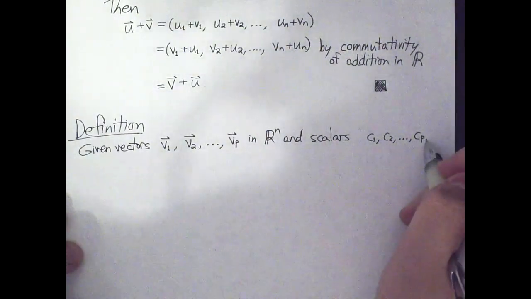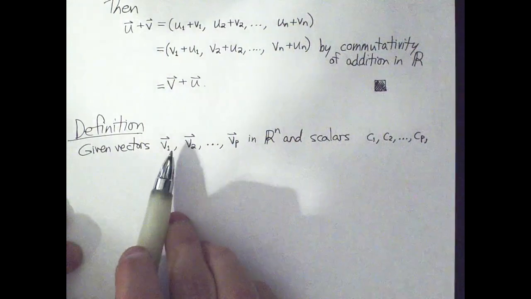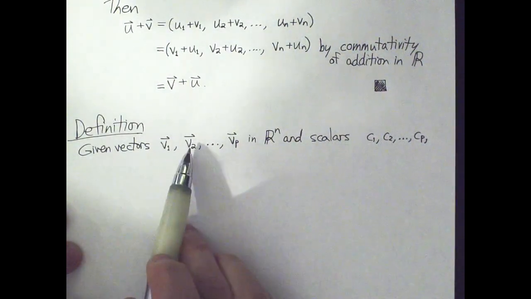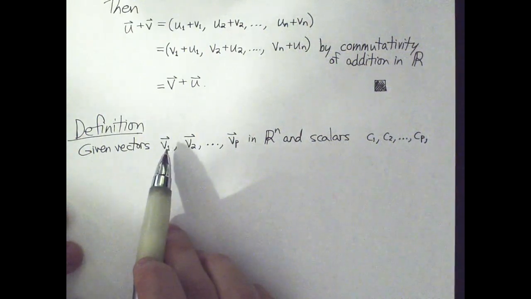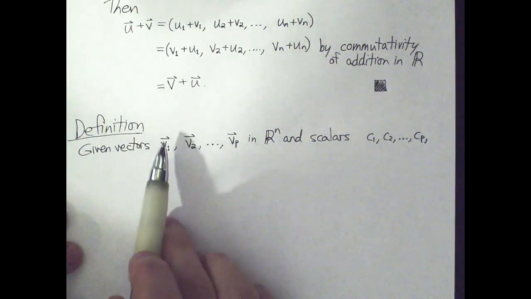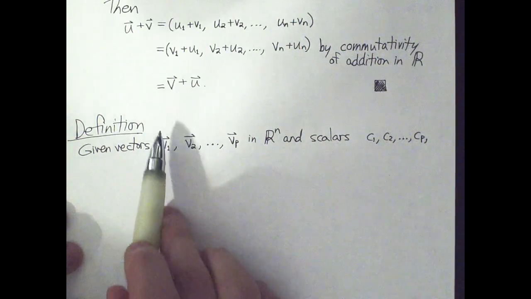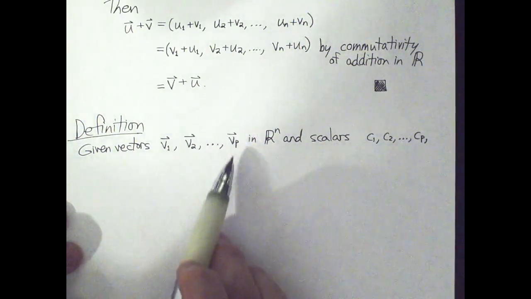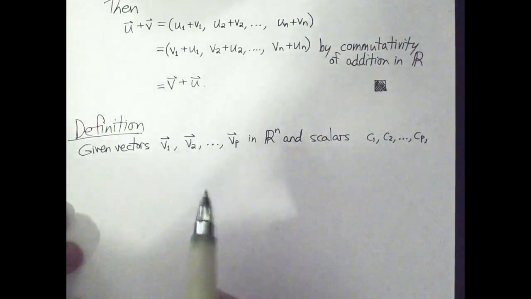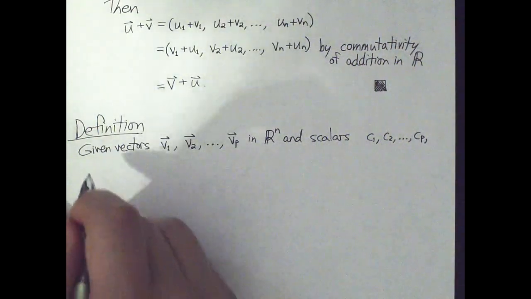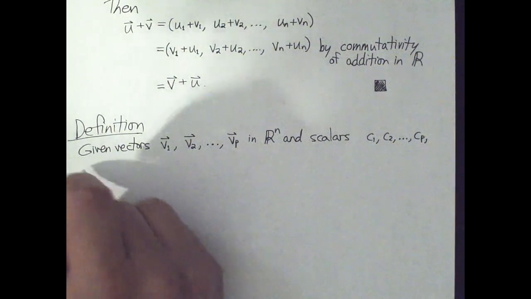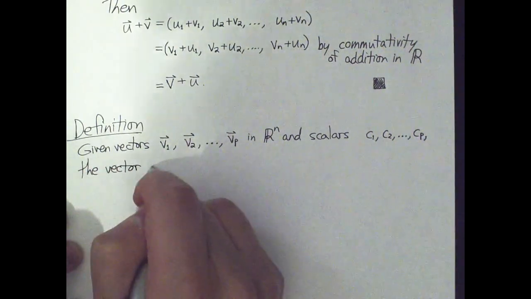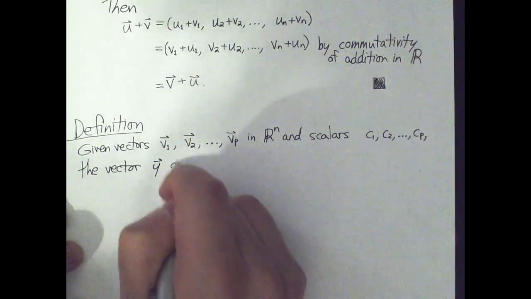I haven't gotten to the definition yet. We're just setting up a bunch of stuff. But let me just mention that this is the first time I've had vectors with little numbers at the bottom, little subscripts. v1 in this context is a vector with n entries. v2 has n entries. vp has n entries, right? So each of these is a big object. The vector y defined by